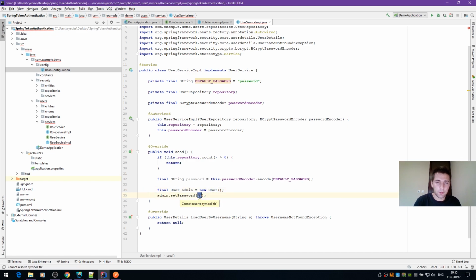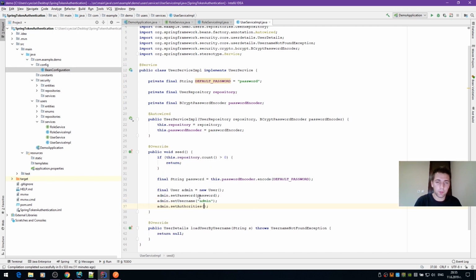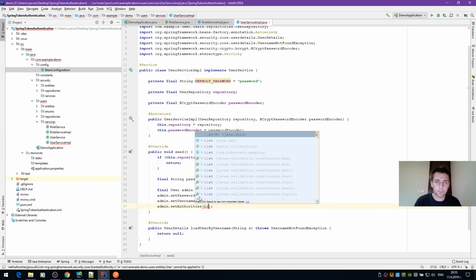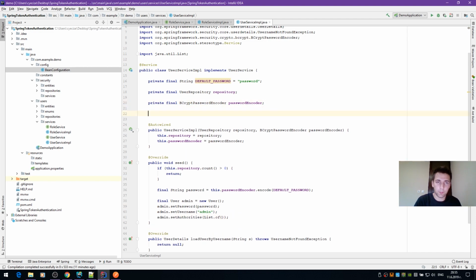So let's set the password, also admin.setUsername, admin, and admin.setAuthorities, list of, and now we can say, oh, but we have to require it first,